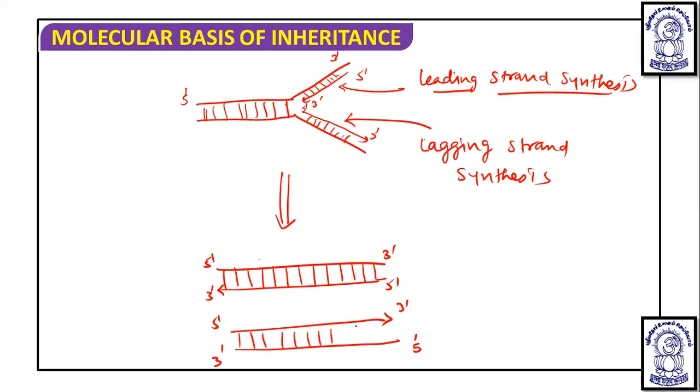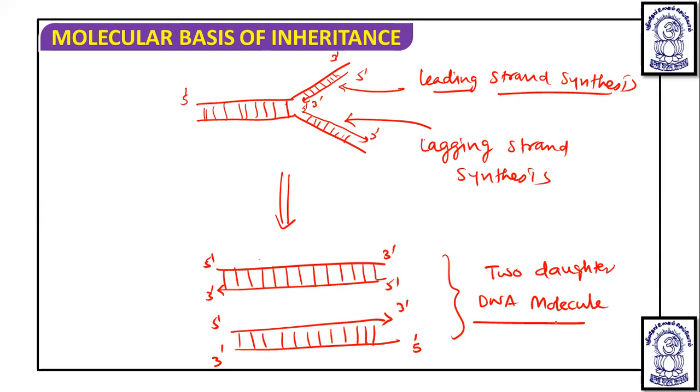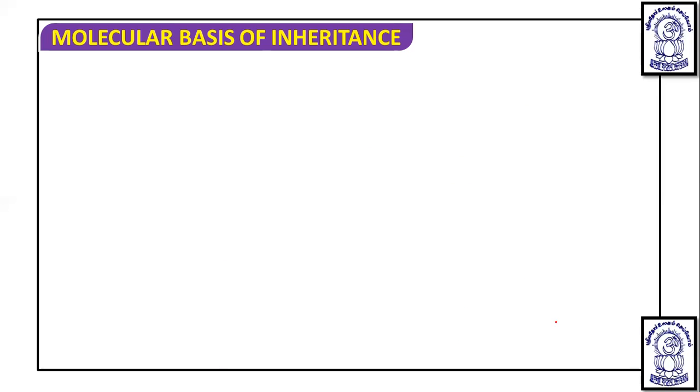And these are the two daughter DNA molecules. In this way, the DNA replication occurs. Now in eukaryotes, the replication of DNA takes place, and there five different types of enzymes are required. We have studied DNA polymerases, ligase and all of this. For eukaryote replication, there is no need to study it in detail because it is not in our syllabus, but